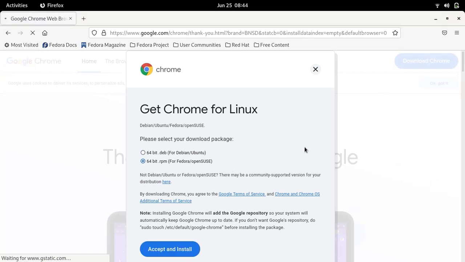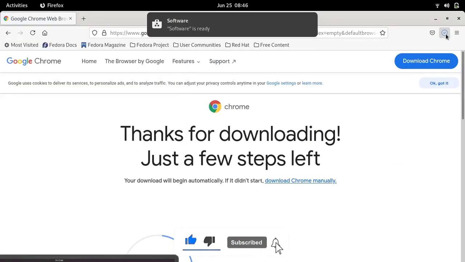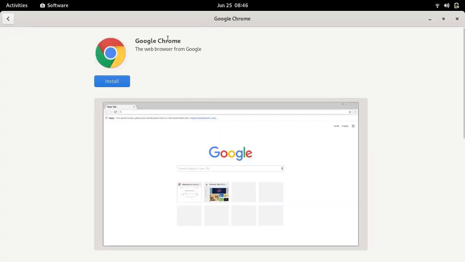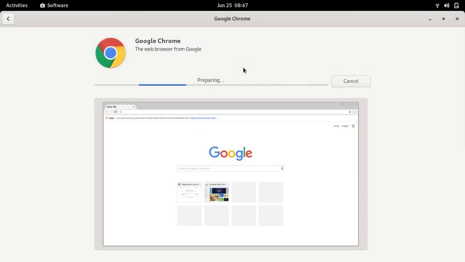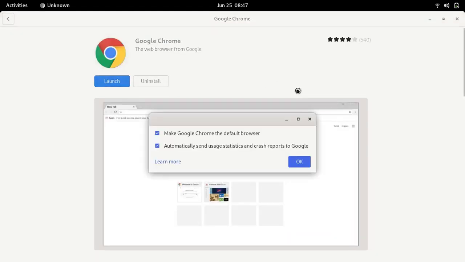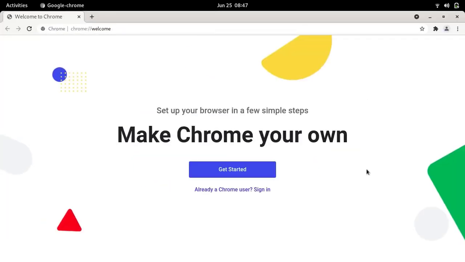Accept and install. Okay, software install. Download completed. Install. Enter your password. Now it is installing Google Chrome. Launch. Okay, so here's our Google Chrome browser.